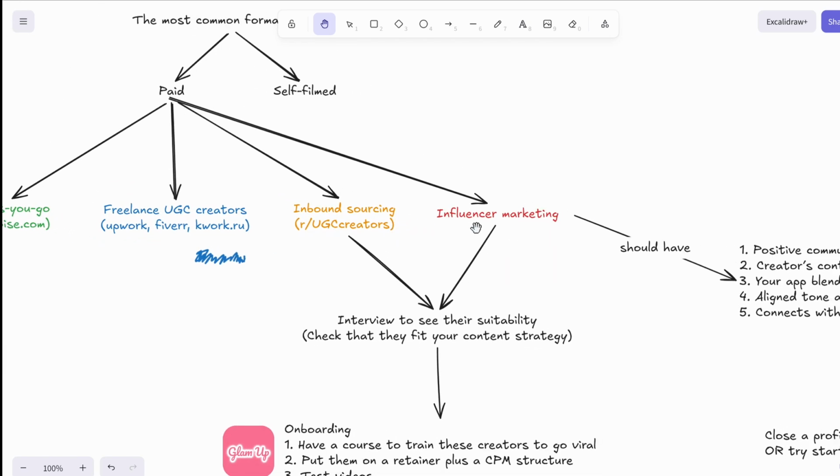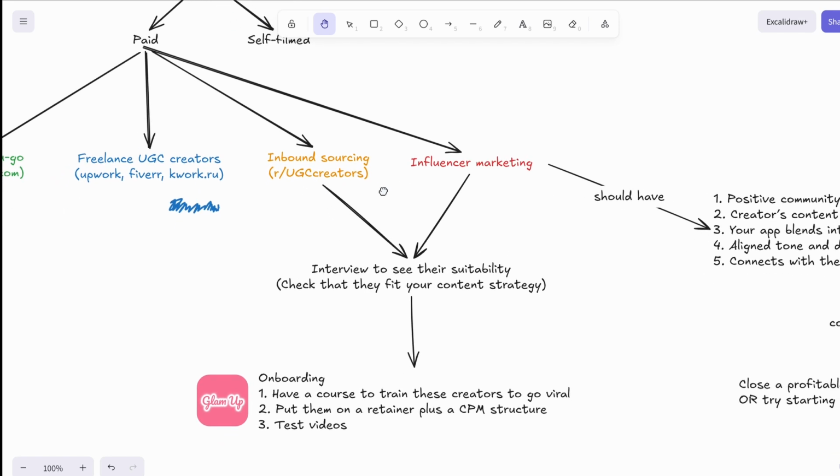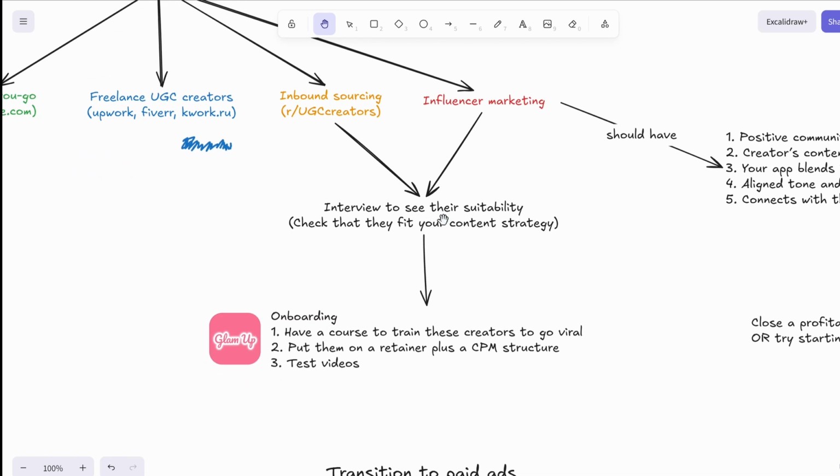Lastly, we have influencer marketing, where you basically research and reach out to influencers that you would like to work with. So for long-term creator or influencer relationships, meaning options 3 and 4, you will want to interview them first. Match them to your content style. For example, talk-heavy videos need someone who can actually talk, and reaction content needs an expressive face. And you have to confirm that they are going to take this campaign seriously before committing.